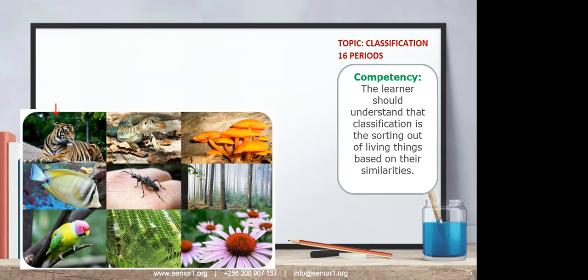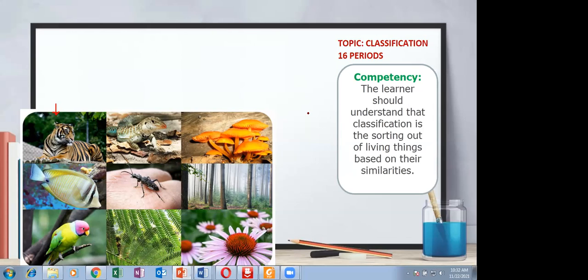Yes, Tendo. I'm seeing a tiger. You are seeing a tiger. Okay, thank you, Tendo. What about Owembabazi? What do you see? Owembabazi, Isabella. Which animal? I'm seeing a salamander. A salamander. Isabella is seeing a salamander. What about Babidie? Babidie, which animal are you seeing?